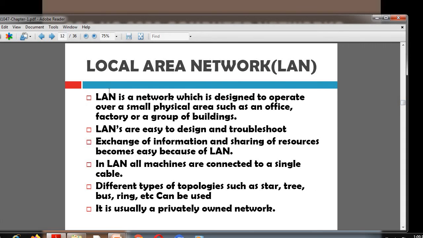Now, if we go into details, LAN means local area network. A LAN is a network which is designed to operate over a small physical area such as an office, factory, classroom, or a small laboratory, a group of buildings, etc. LANs are easy to design and troubleshoot. So exchange of information and sharing of resources become easy because of LAN, which consists of